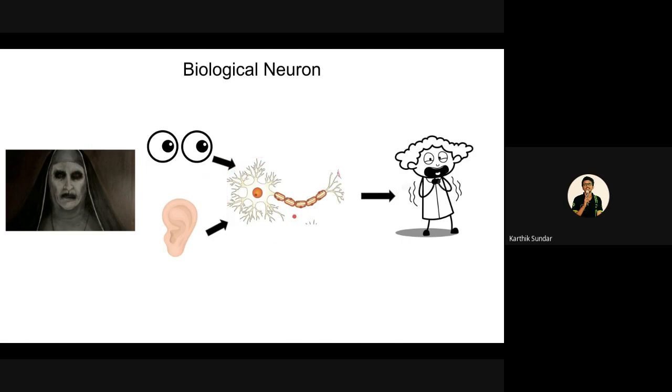Let's say I'm a person who's not afraid of scary movies, my threshold for scariness will be much higher. But it's simple, right? What I want to tell you here is, you have different sets of inputs. The human neuron processes all the inputs and generates a reaction or an output. That's the motive of this particular image here.